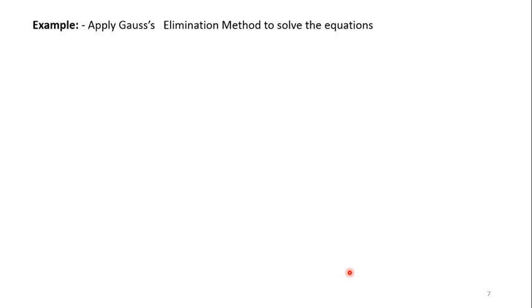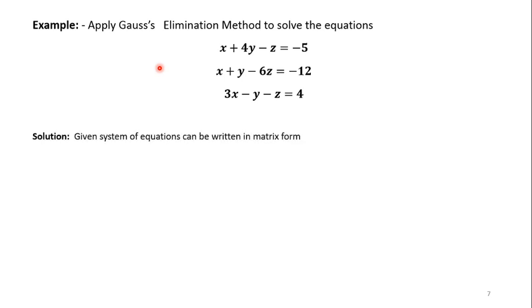So now we come to an example to illustrate this. I am going to explain it in matrix form, so the method can be easily understood. Suppose this is the first equation, this is the second equation, and the third equation. Whenever you start a solution, first of all you write the given system of equations in this standard pattern, in which all unknown terms are on the left side and all the known terms, as constant values, are on the right hand side of the equation.